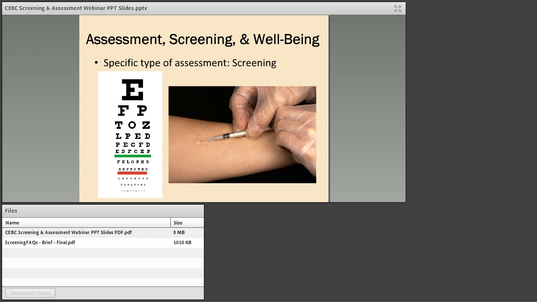Our take on screening in child welfare is that we really need to understand the kids in the system who have mental health needs. So for the rest of the portion of this webinar that I'll be doing, we'll be using screening as a model of how measurement is used in child welfare and how it can be better developed as a tool for workers and their roles in addressing well-being.